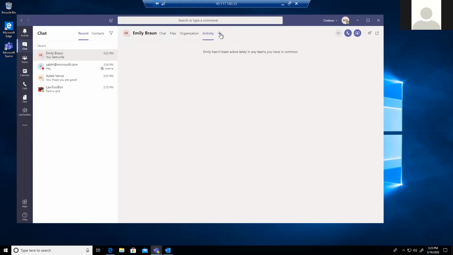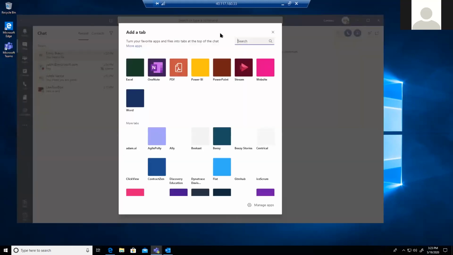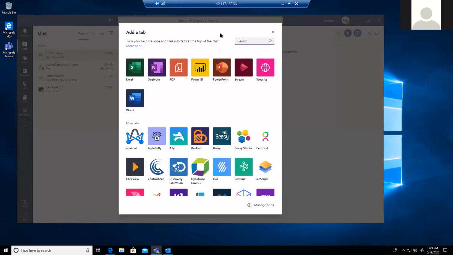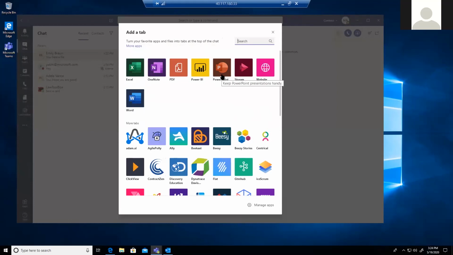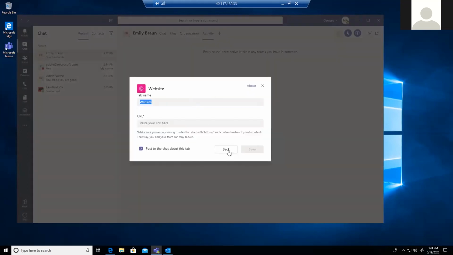Now the best part here is, it's not it. I can go here, click on add, and add a tab right there. It can be a PowerPoint file directly updated over there, or it can be a PDF file so that Emily and me can anytime reach out to that PDF file and upload it and do it. I can just set up a website between me and Emily and just put that site name right there. So let's say bing.com.